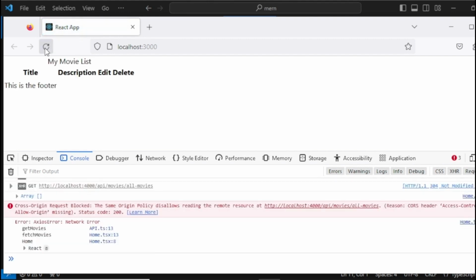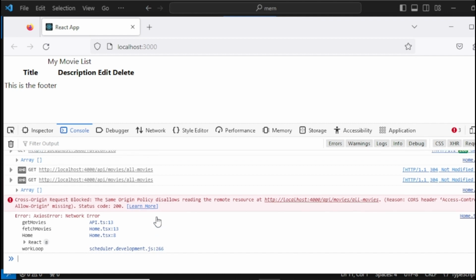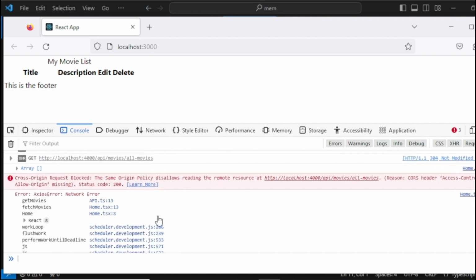Now for those who are first time, make sure you select this XHR and requests. So this will list down all the backend requests. So from here, okay, there's two things we need to check. So we have a few errors. Notice here, we have a cross origin error. So if you check this request that we made,